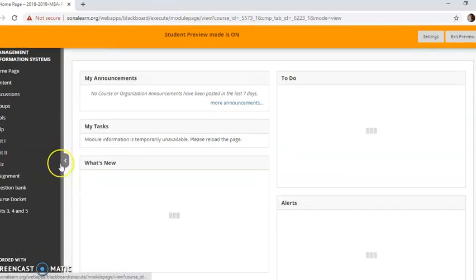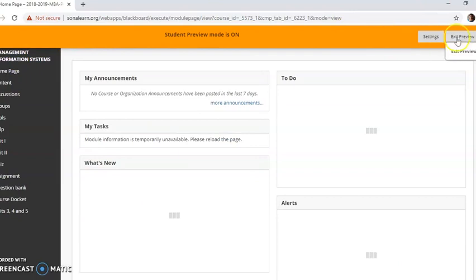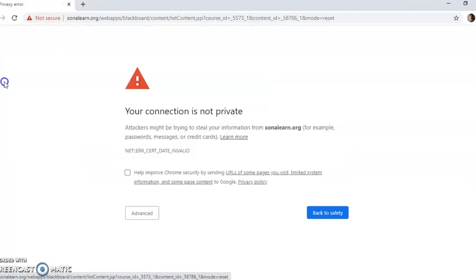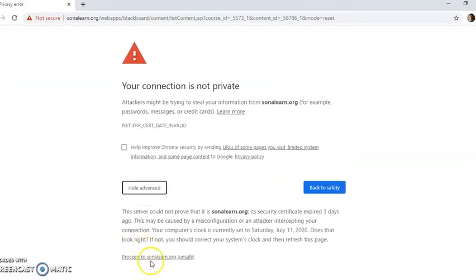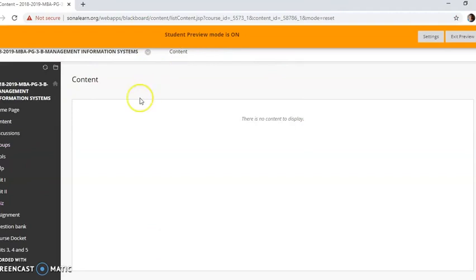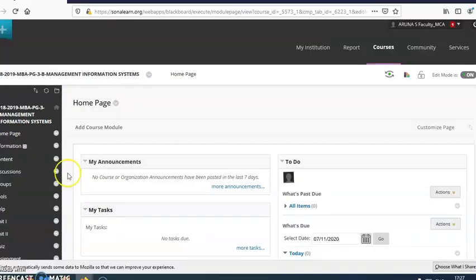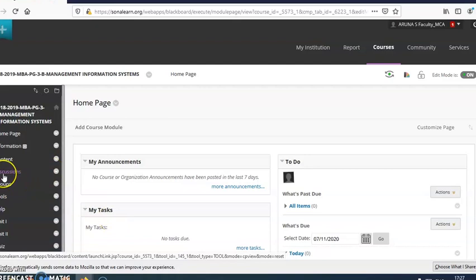So this is the window which would appear for the student whenever he opens our Blackboard. Under this content area, he can access everything.